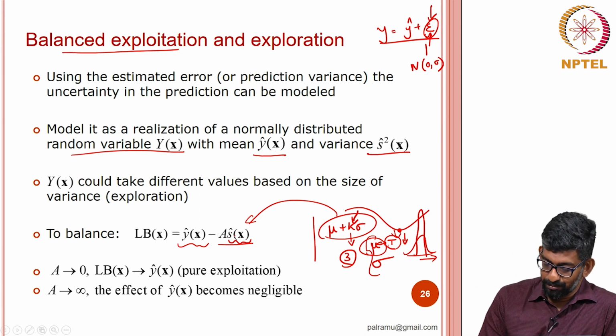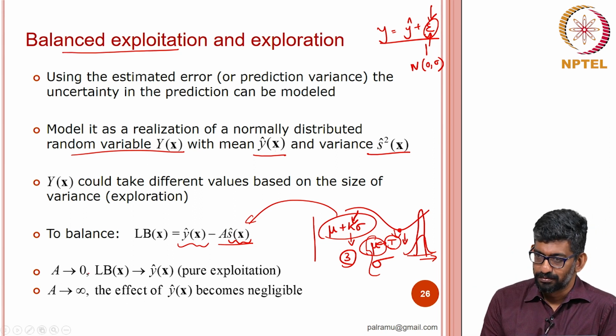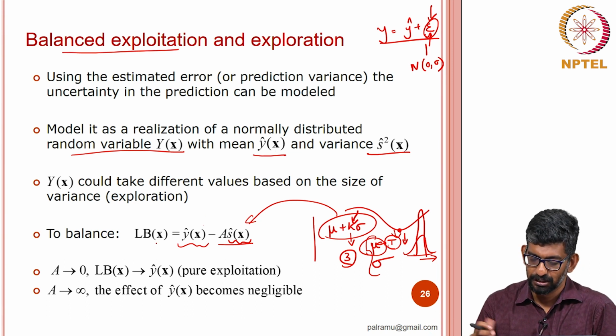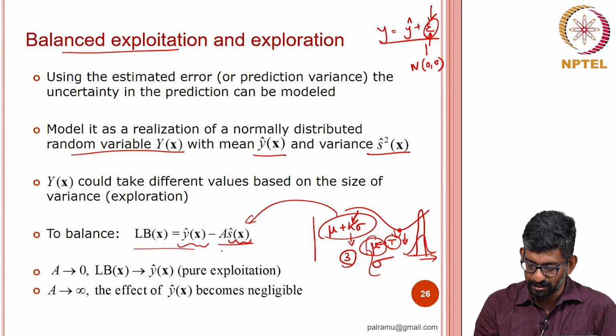So, this is interesting because if your a goes to 0, then your lower bound is nothing but your y hat of x. This is just the point that you are going to predict. It is a pure exploitation in this case. And on the other hand, if you are making a go to infinity, then this guy is losing its effect, which is pure exploration. So, you kind of come up with a